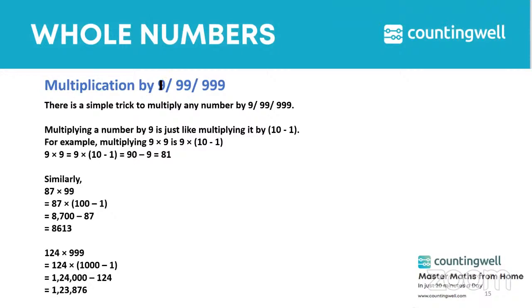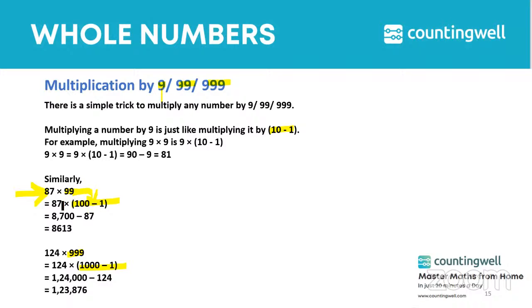And whenever you are multiplying by numbers like 9, 99 or 999, it is always better to make it 10 minus 1 in case of 9, 100 minus 1 in case of 99, and 1000 minus 1 in case of 999. Then you can apply the distributive property of multiplication over subtraction. So here you can see the product of 87 and 99 can be made easier by writing 99 as 100